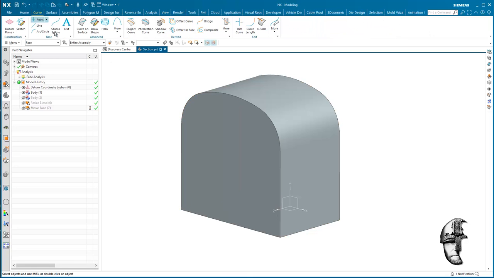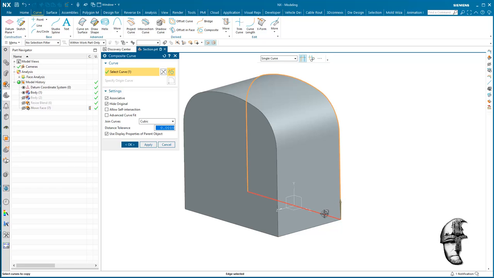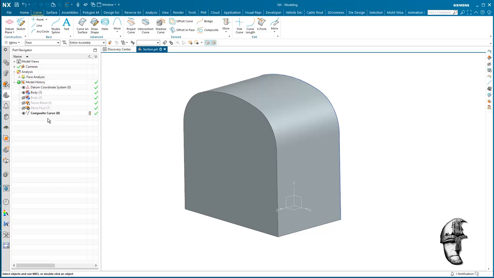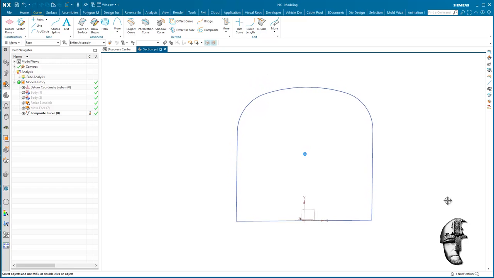So let's see if we would want to do this in a sectional matter then. Well, firstly, I need the curves. So let's bring out those curves. Let's hide the original. So, well, we did, but the body is still there. So here we now have curves. And these curves,